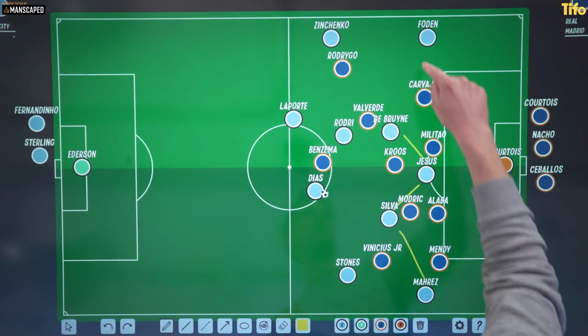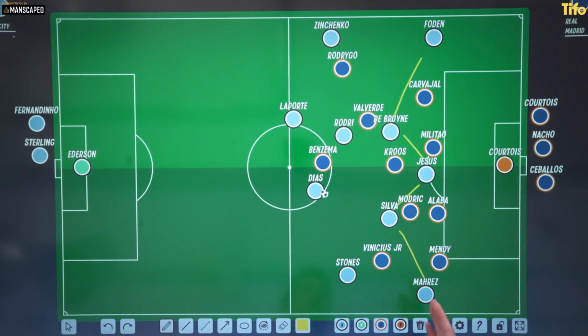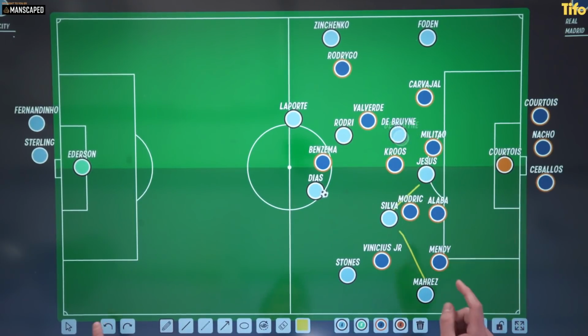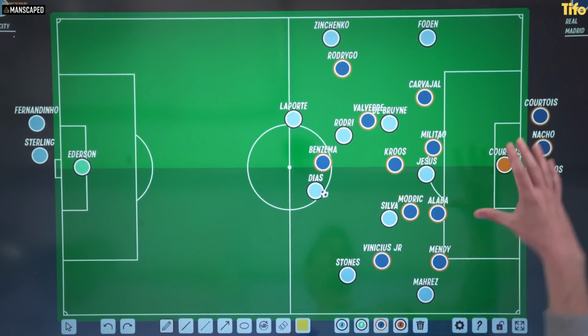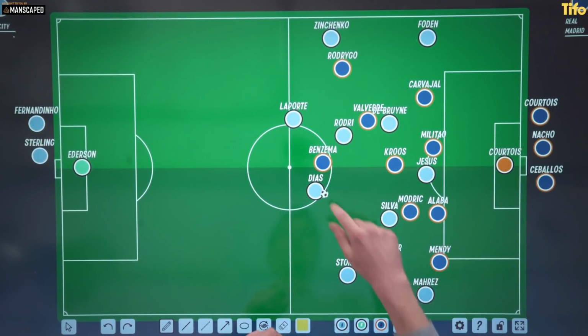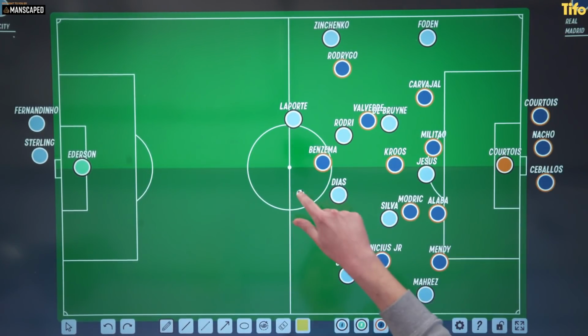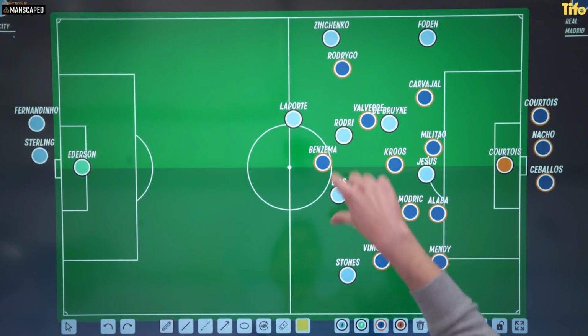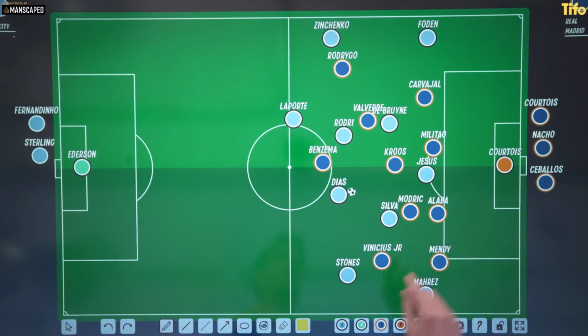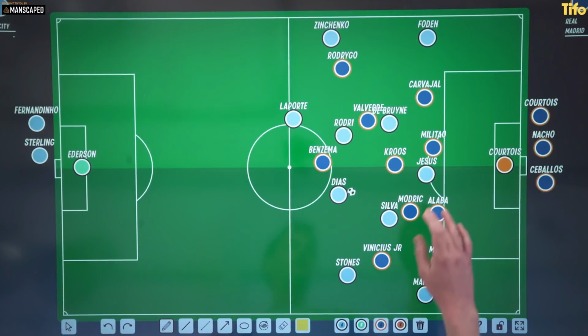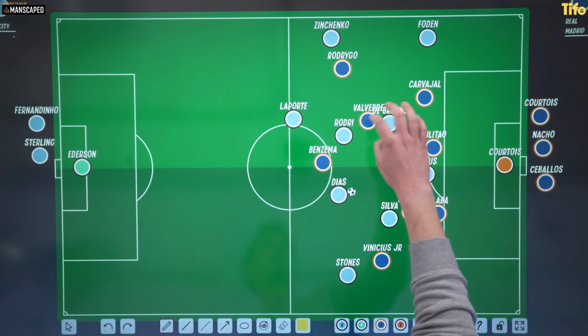I'm trying to draw it for you. You always have the 3 in one line, 2 in another, and it gives you a little bit of depth, and it allows for timing of runs from deep to get into scoring positions, which is what we're about to see in a second. Now, Laporte and Diaz are obviously the 2 centre-backs. Diaz drives the ball up into midfield, so he's now level with Rodri, trying to push Real Madrid right back in, and Real have their back 4, supported by a middle 5 of Vinicius Jr., Modric, Kroos, Valverde over here,